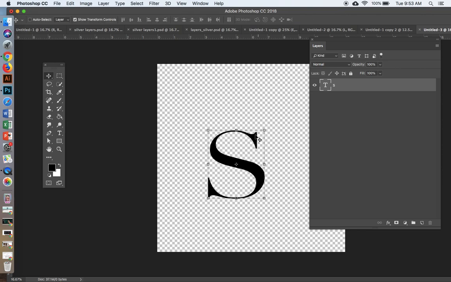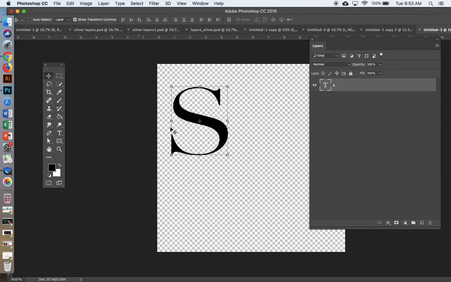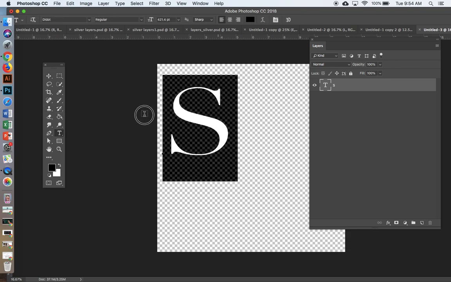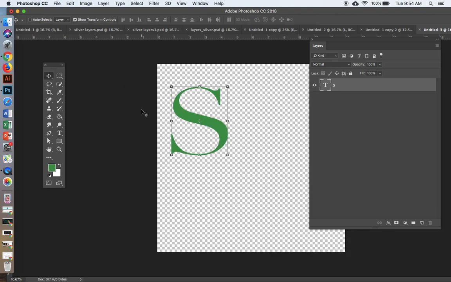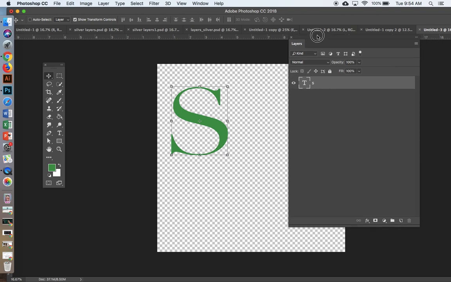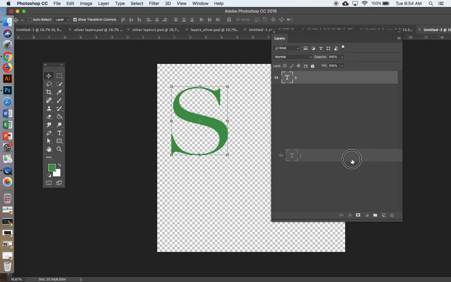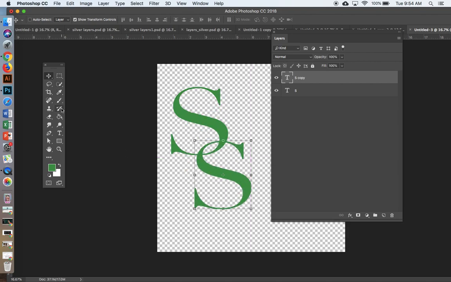Okay, so I've got the font, and I think I also want to change the color of my font now, and I'll show you why. I haven't done anything except for one letter, and I'm going to change this to a very lovely kind of greenish color. Okay, now check this out. Every single time I want a new letter, I do not type it out here. I'm going to make a new layer, and then I'm going to take my font tool, select it,